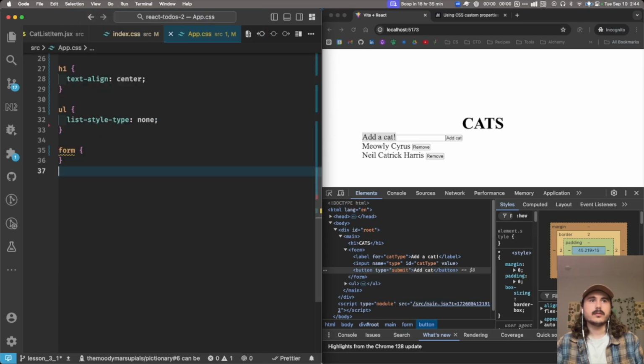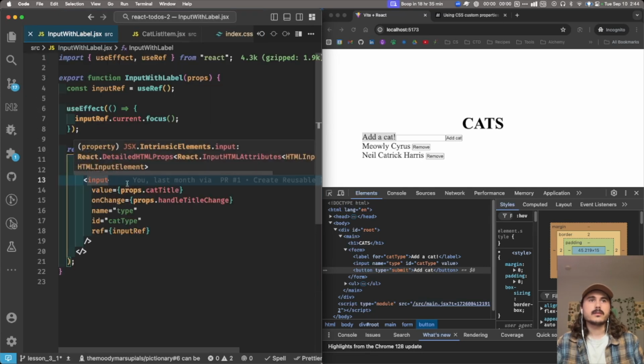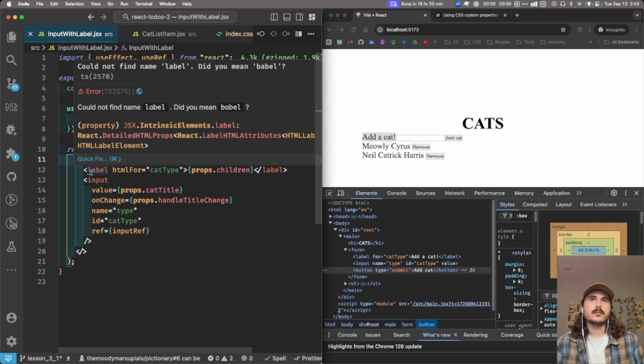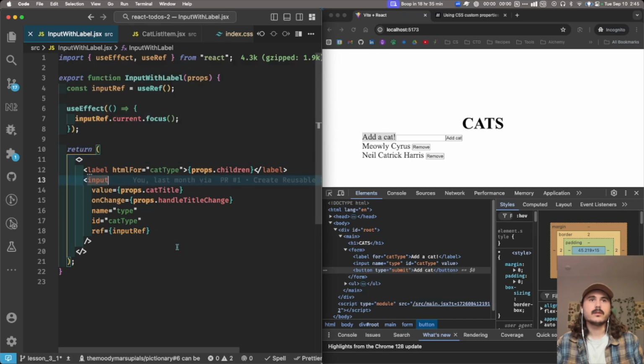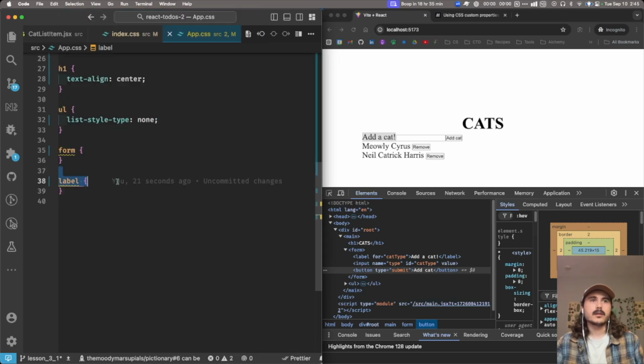let's go to our label, and if I set the label, oh wait, I was going to solve this with a flex box. Let's solve it with a flex box. Or wait, the input and the label are in the same element. Okay, so that way wouldn't really work that well. So let's set the label to have display block, which